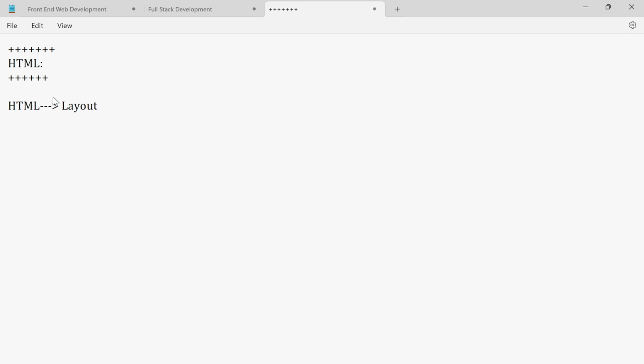Layout means what? Our HTML pages will be executing over the browser. So with the help of HTML, first we will define our layout. Over the browser, some section will be our navigation, some section will be our header, footer, or main pages. So there are some areas over our pages, and we have to define the layout. With the help of HTML we define the layout. With the help of CSS